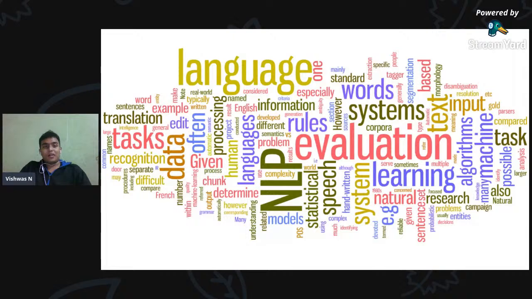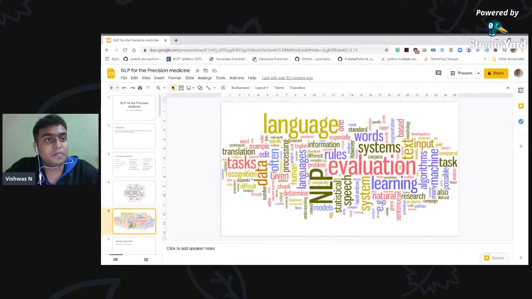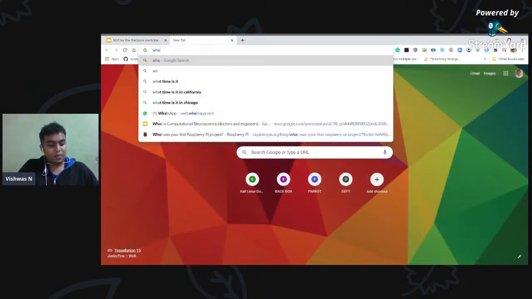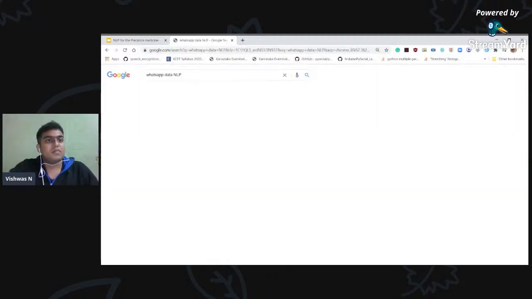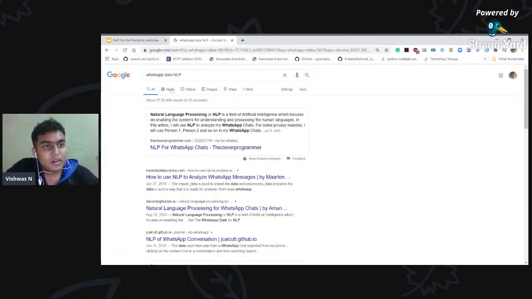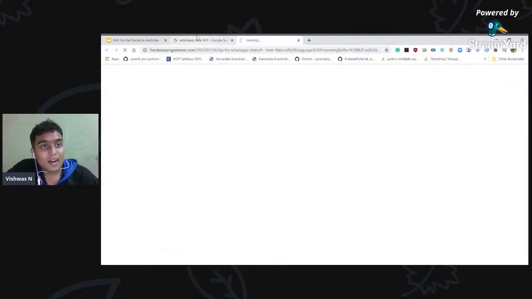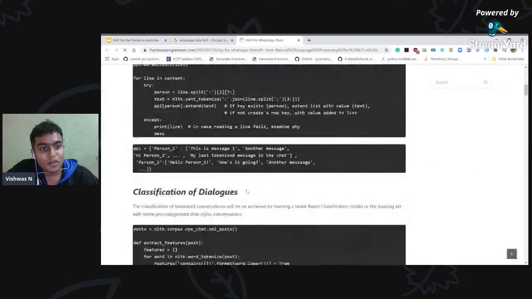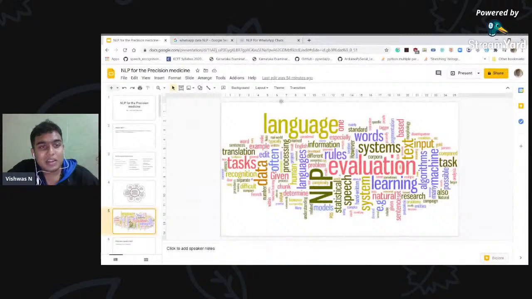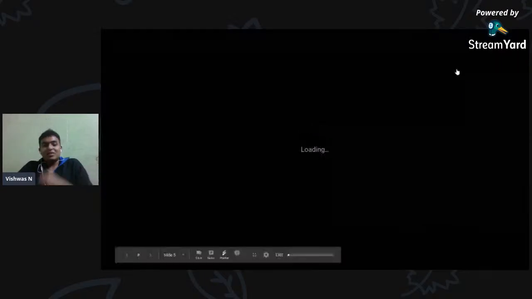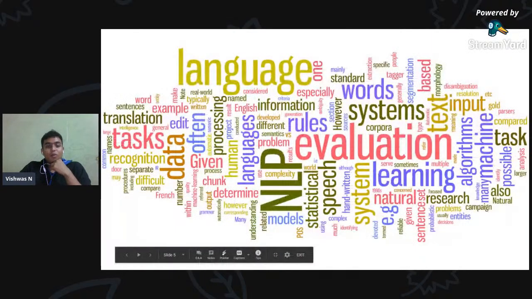So now at the end of the day, I can actually give you an example of your WhatsApp data being analyzed in real time. WhatsApp data NLP. So yes, there are things which are available for you to learn what's actually going on. So emojify, all this work is there, so you guys can also get to know what is an emoji, everything